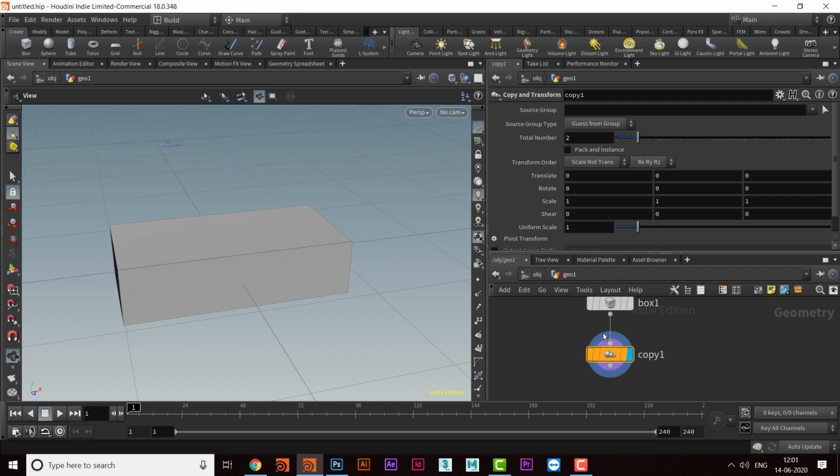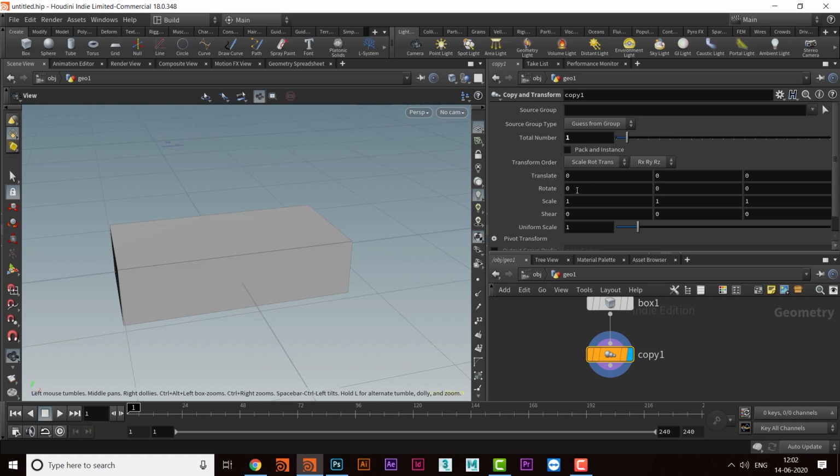Yeah, it has only one input. That means it can just copy. Okay, so here we have total number. This total number includes even the original copy, even the original object. So that will be included in the total number.